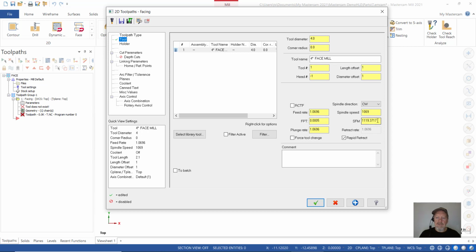So here is where I change the feeds and speeds. For the mild steel, we're going to be using 600 surface feet. When I hit enter, you can see it automatically calculates the spindle speed for that tool. It takes the surface footage and sees that it is a 4-inch tool, so it automatically calculates that for us. Then we want to feed at 30 inches a minute, and we're going to plunge feed at